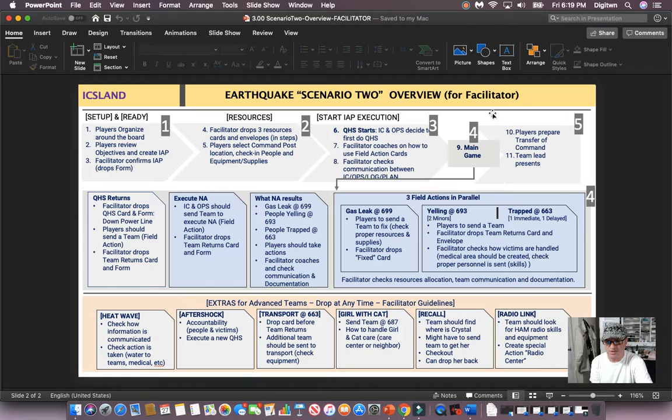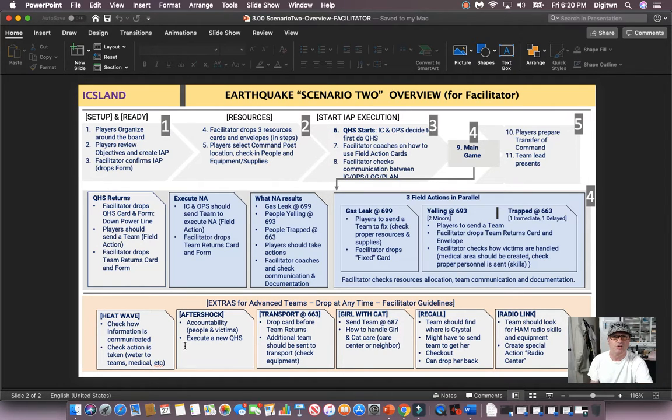Now, when the game starts, which is step 4 here, the main game, you have quick hazard survey returns, execute neighbor assessment, the three things that the neighbor damage assessment returns, which are indicated here, the gas leak, the yielding, the trapped, and you have indication with the bullet points here on the different action you can take. So we would expect all team to cover the setup, the resources, the getting started, and the main game. And on the bottom side of the slide, you have all the extras.